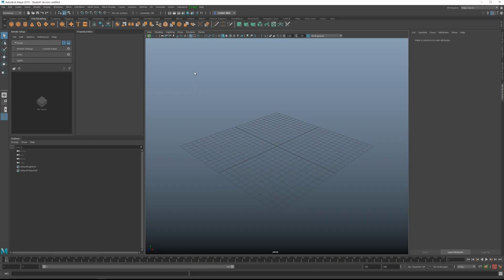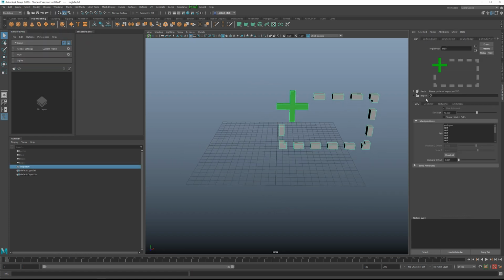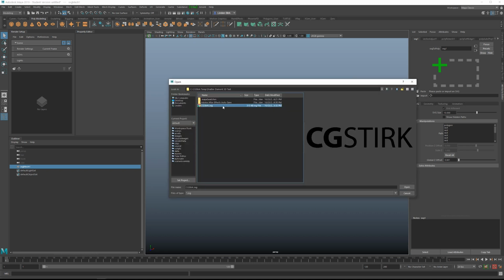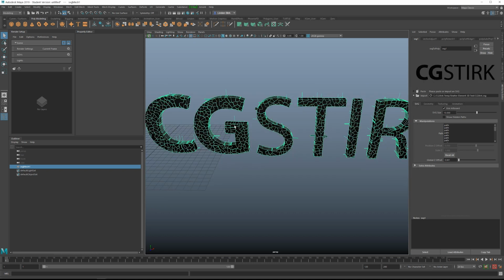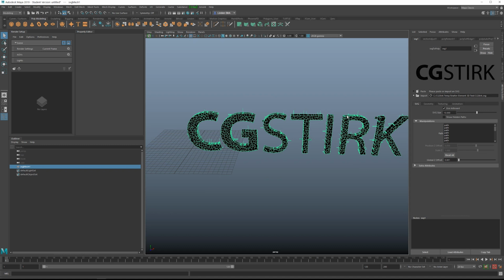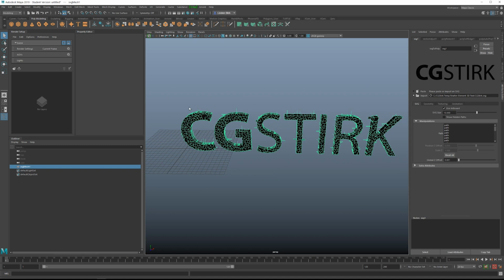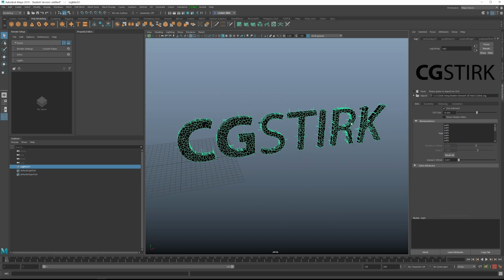All right, so when starting in Maya, you want to click on this SVG button, or you want to go up to Create SVG. I'm going to go to Import and import the SVG. So right away when you import it, you can kind of see the problem. This same type of thing would occur inside Element 3D if you were to simply copy the vectors directly from Illustrator and paste them in as masks or shapes, and then try to extrude them inside Element 3D. So you're going to get kind of like messed up geometry. Same thing happens in Maya.